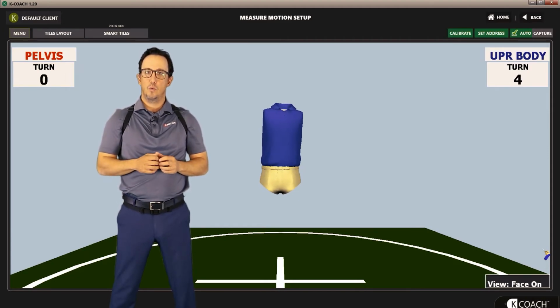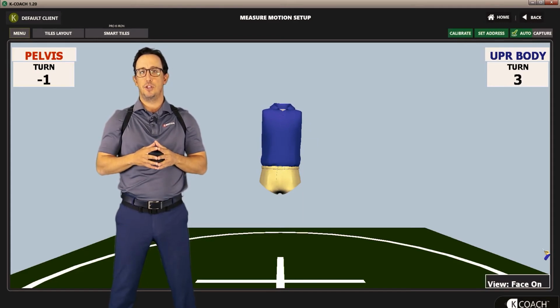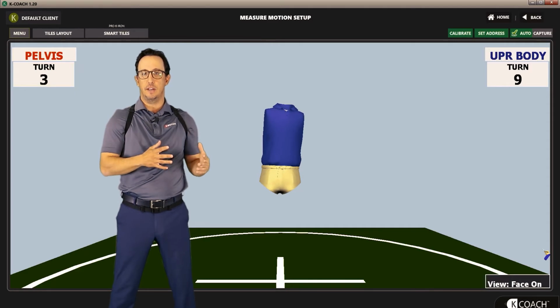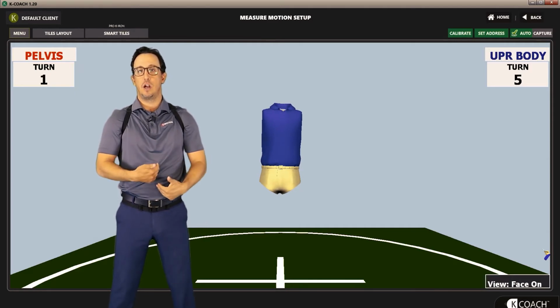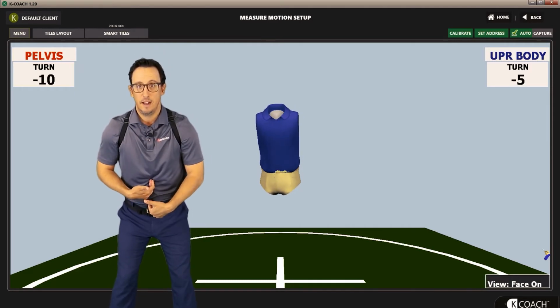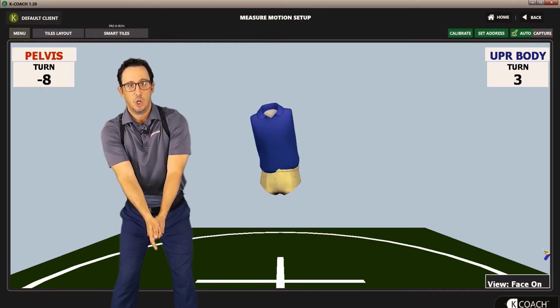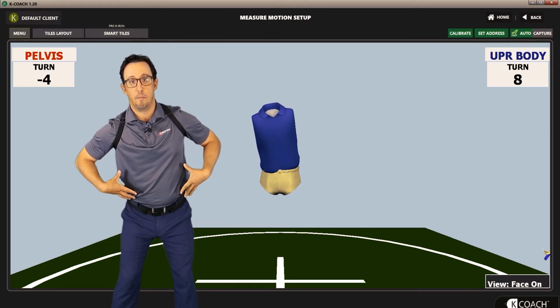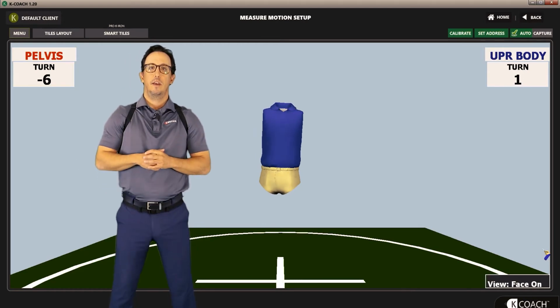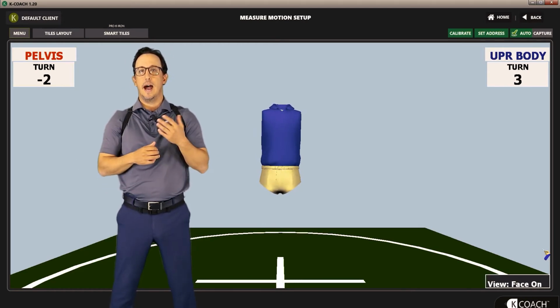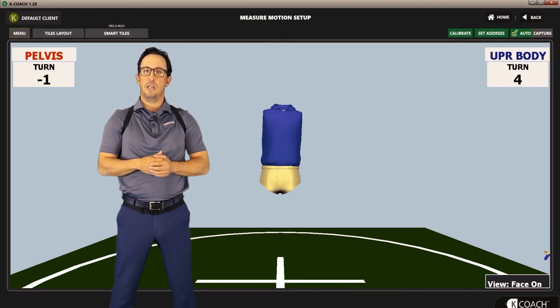At address, we typically want to see the torso rotation around 10 degrees open, or positive 10 degrees. This is because the combination of forward bend and a little bit of side bend will set the rib cage slightly open at address. At the top of the swing, as I've mentioned, we typically want to see between 80